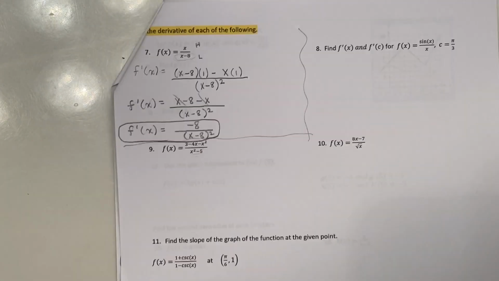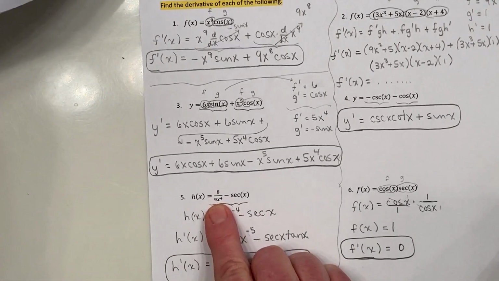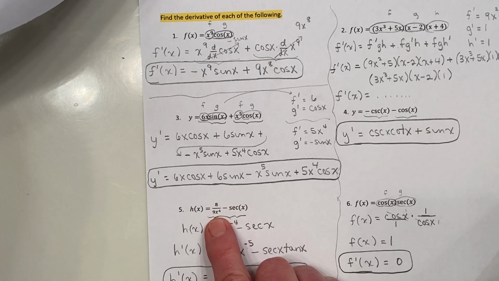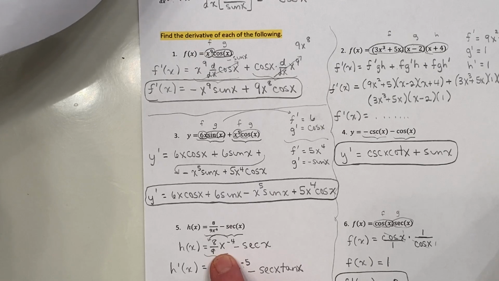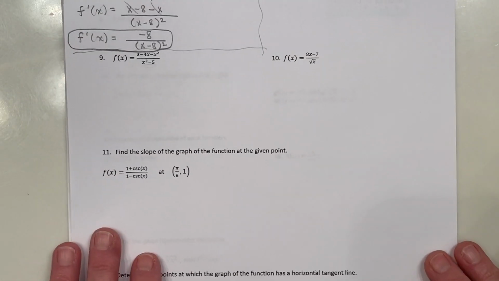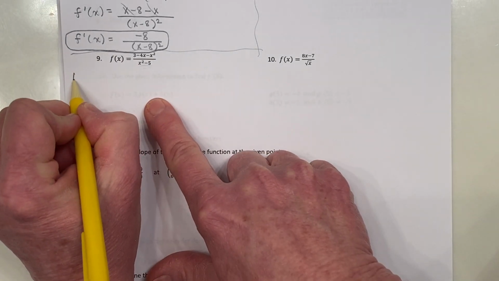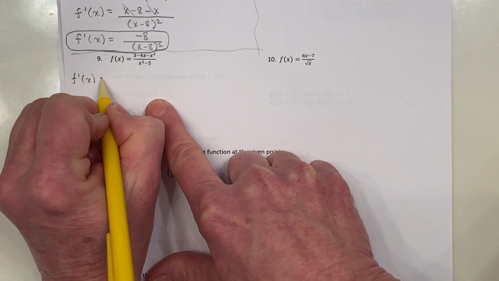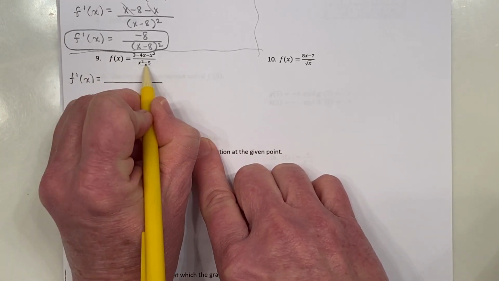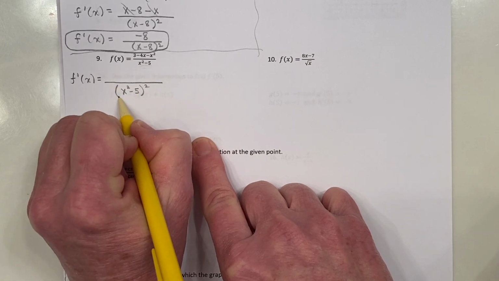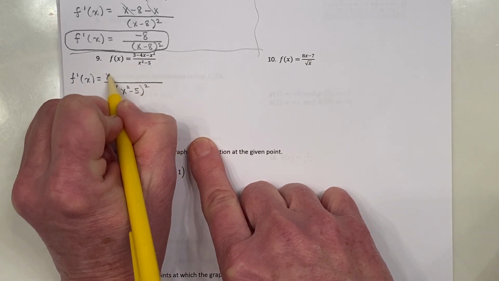And again, as a reminder, on the front page, this was a quotient right here, this term was, but this is just a monomial, and it's an easy rewrite to where I would avoid the quotient rule and use an easier power rule to find that derivative. Here, not so much. We're going to have to use the quotient rule. So start with low, square it. Start the numerator with the low,